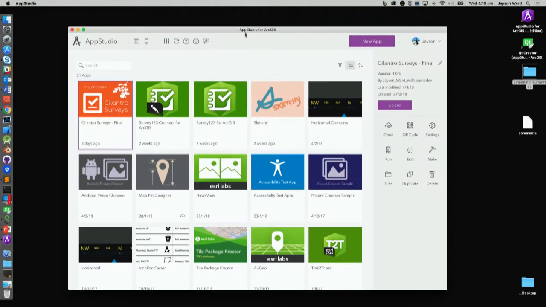All right, so first off, you're going to open up App Studio. I'm going to be logged in. I think it's just the best practice to go ahead and log in. You don't have to log in to download a template, but I just find it's the best practice to do. So what I want to do is click New App,